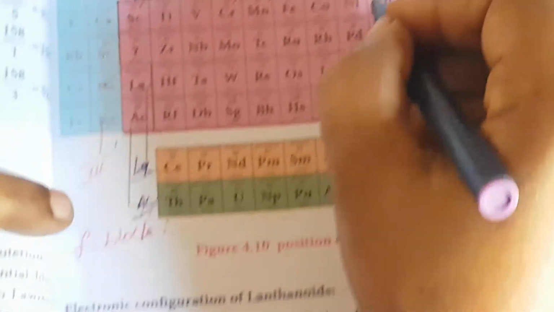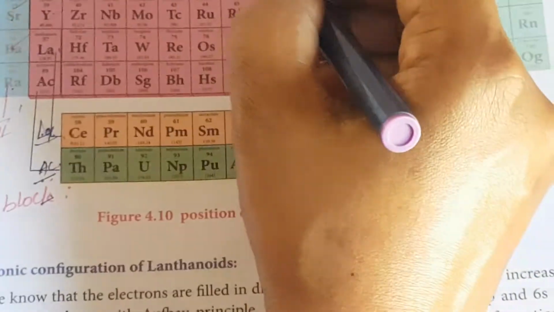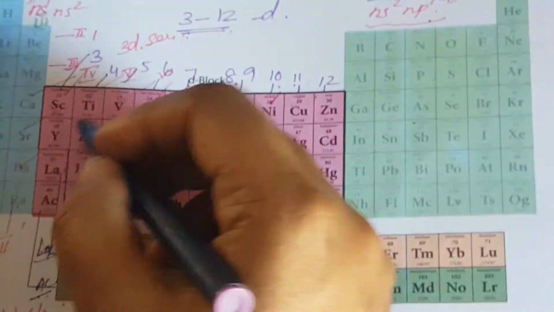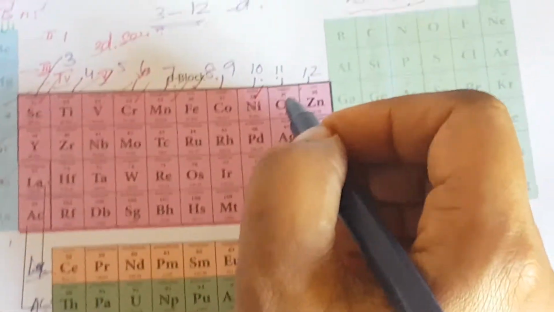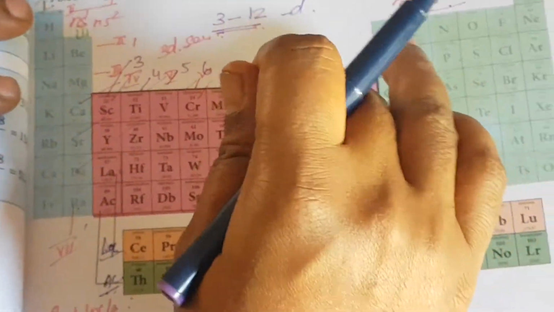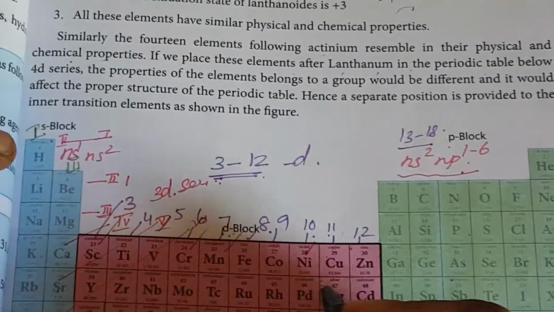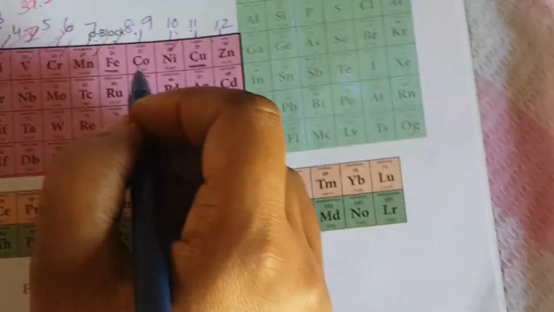Except for the 11th group, all the metals are hard in nature and have a high melting point. Another point is that these D block elements are very important. First are iron and copper. Iron and copper played an important role in human civilization in olden days.